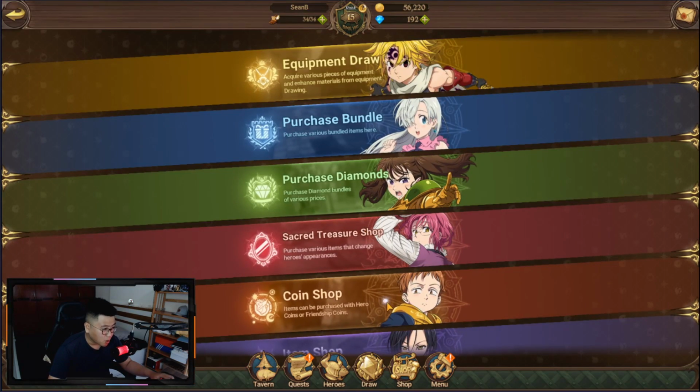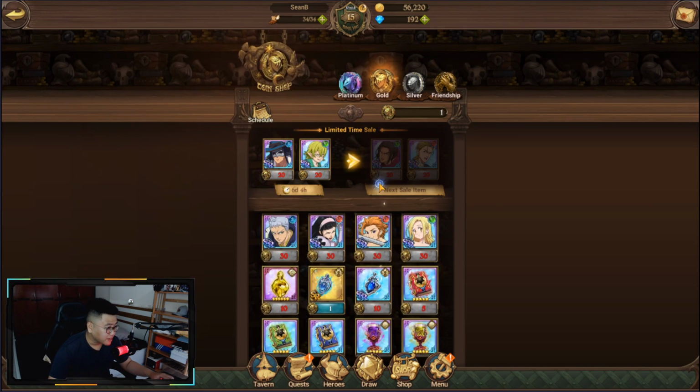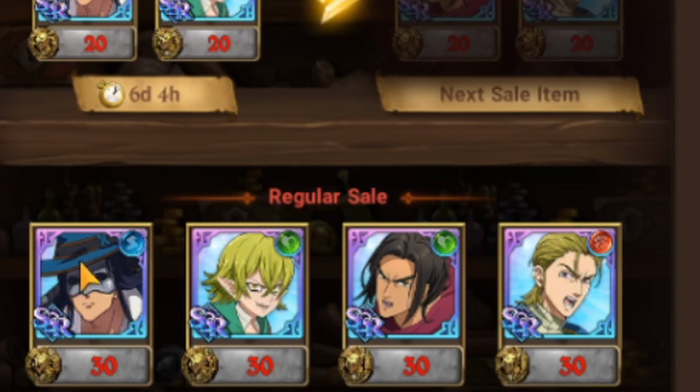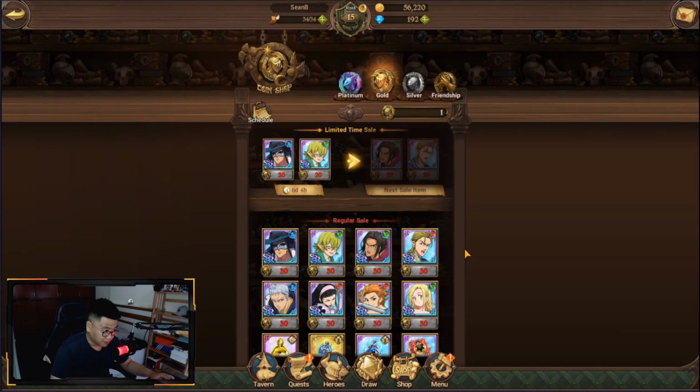You have your coin shop here, and there are many things to buy. There are pendant that you can see right here, the SSR ticket, and when you go to the gold shop, there's also the same thing. There are books, pendant, chests. This is the fixed reward that you get. No RNG with this. You buy the heroes, okay? Saving up for the heroes is very